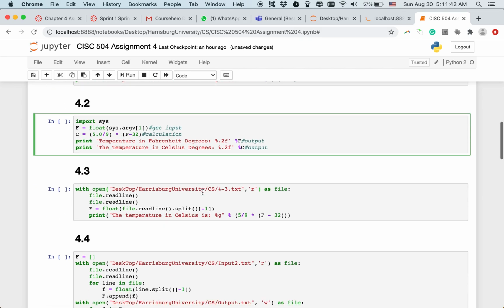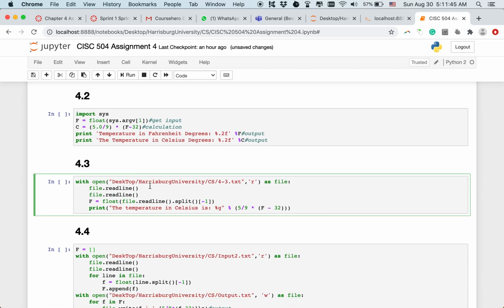the final output. And the next one is reading from files. The first thing we want to do is open the file, read the file and read the contents, and get the data. Since there are three lines, the last line in the string is the data we're looking for, and this one is just the conversion and the output. And here this is the output,